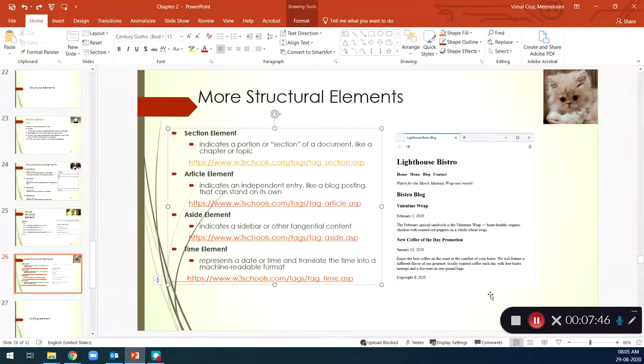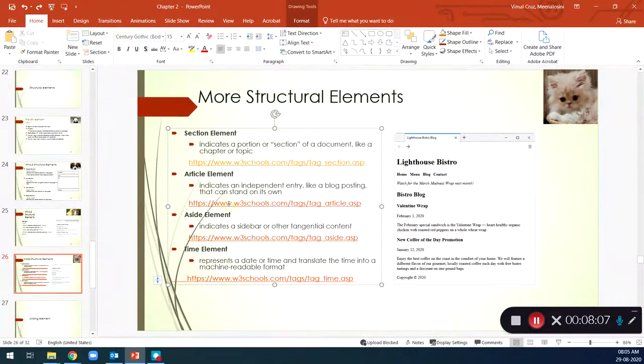The next element that we are going to see is the article element. It is an independent entry, for example a blog posting. If there is any blog posting or question and answer section related to the content, then you can use the article element.